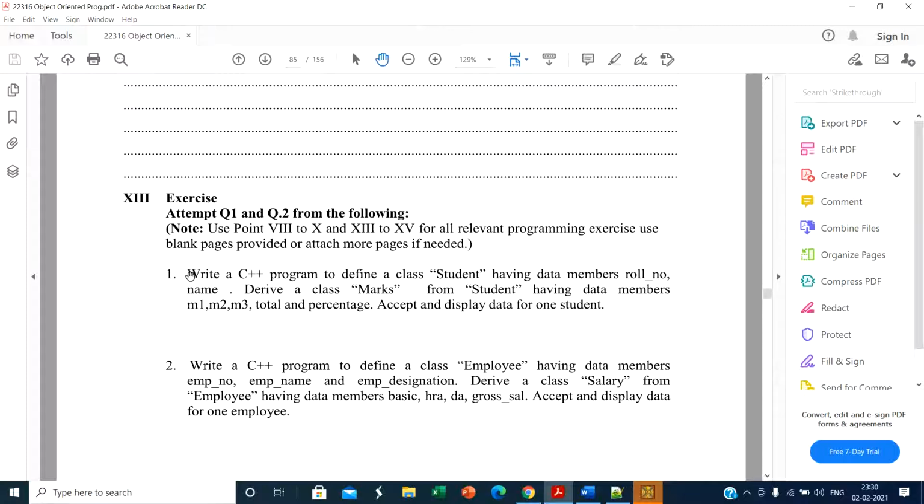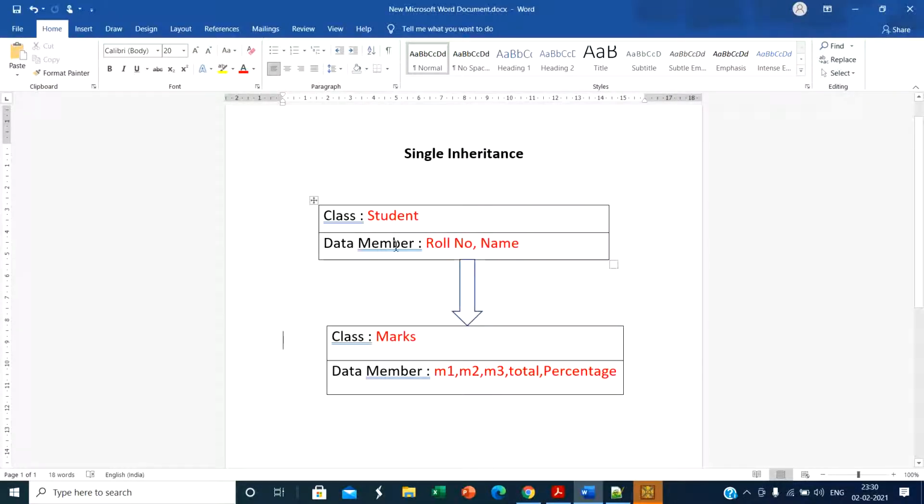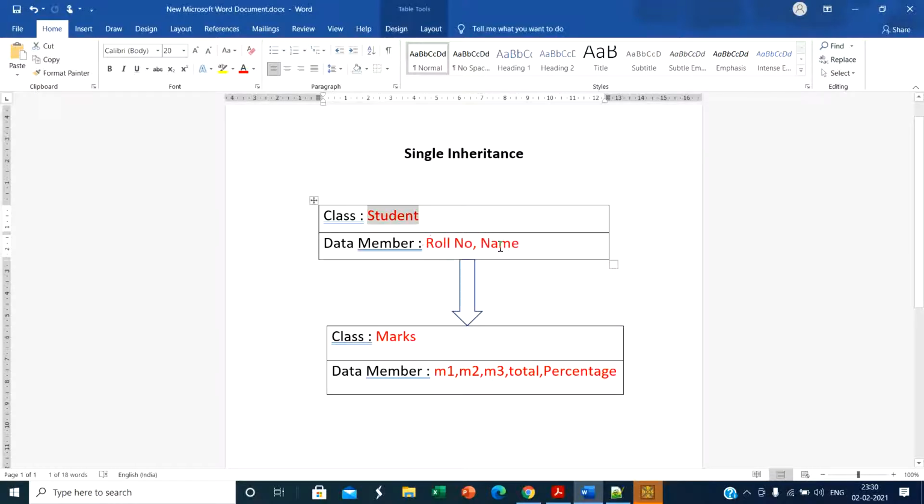Many times in examinations this type of question is asked. So we write this program by using single inheritance. First, we see the diagrammatical representation of this program. Here is single inheritance. The first class name is student. This class is the base class, and its data members are roll number and name.